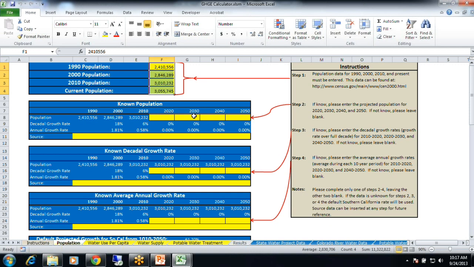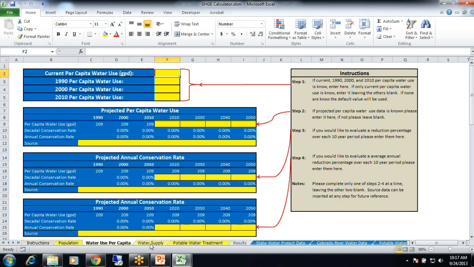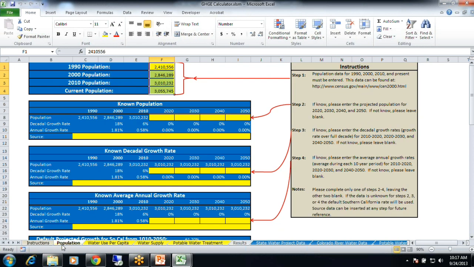I guess I should explain a little bit more about the tool. When you go to each of these tabs down here at the bottom, you'll see, for example, with population, it gives you step-by-step instructions on exactly what you need to insert and exactly how to use all of these boxes. So if you get confused or can't remember what I said, just come right over here and look at this, and it'll guide you through it very easily.